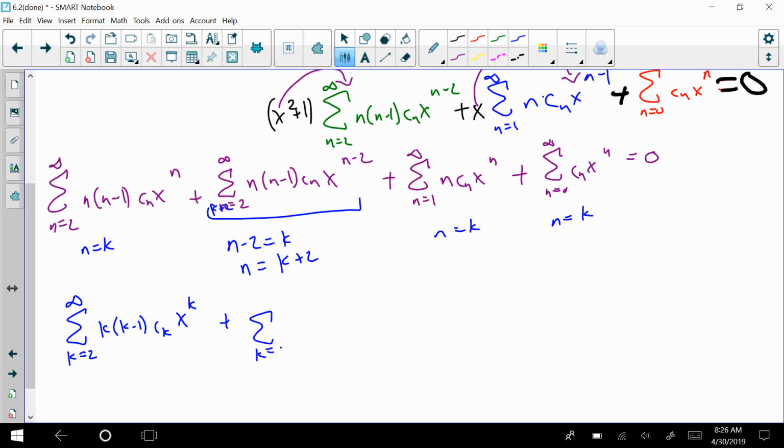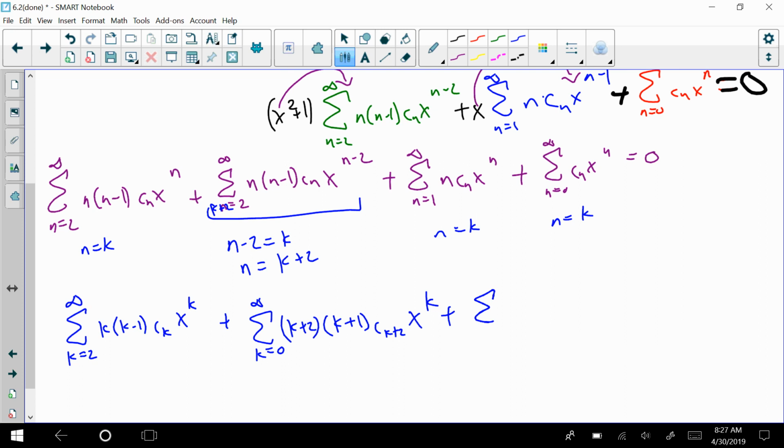Solving that, that's k equals 0 to infinity of, okay, now n is k plus 2, times k plus 2 minus 1, so this is really k plus 1, then c sub k plus 2, x to the k power,